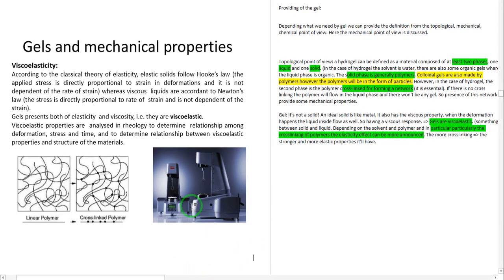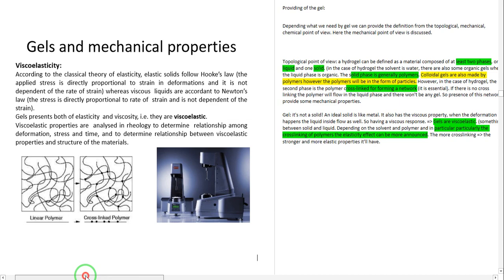Well, again, I try to share the full screen so that you see not only the slides but also the notes, and we will cover both the slides and the notes so that we make sure that everything has been covered. Well, as we mentioned previously, we talked about the hydrogels, but we didn't mention the mechanical properties of